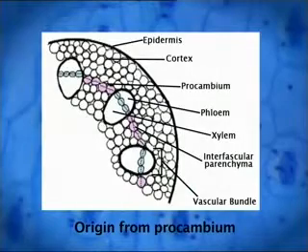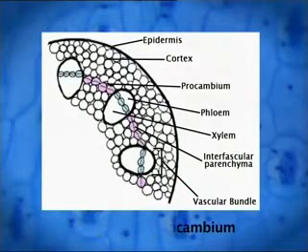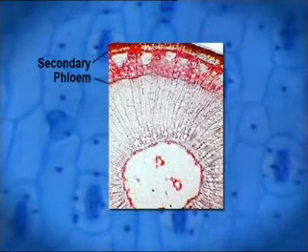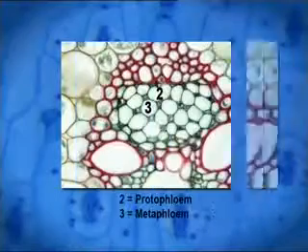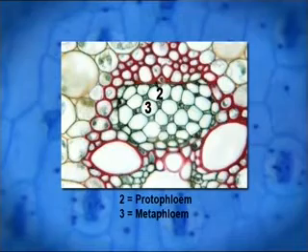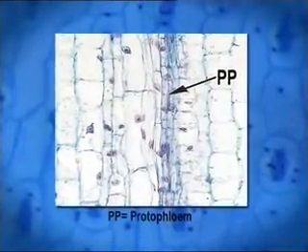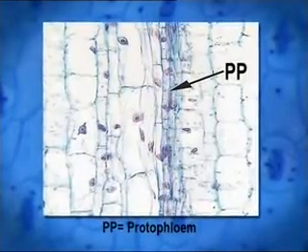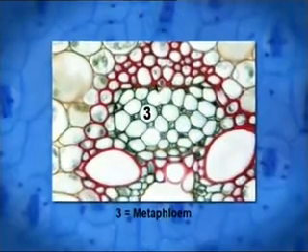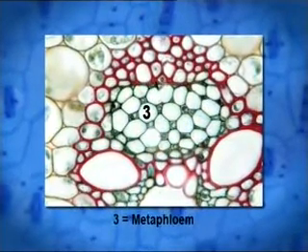The primary phloem is also derived from procambium. The secondary phloem originates from the vascular cambium and reflects the organization of this meristem in its possession of axial and radial systems. Primary phloem is also composed of protophloem and metaphloem. The protophloem develops from the procambium during the early stages of ontogeny, and metaphloem also develops from the procambium during the late stage of development.